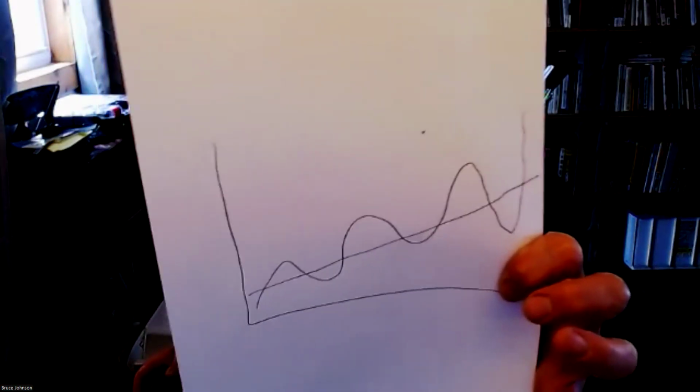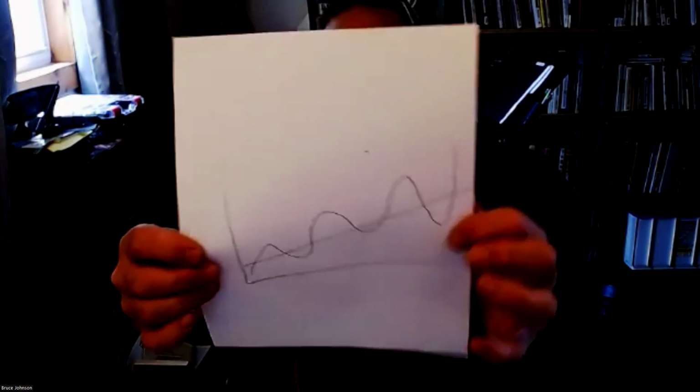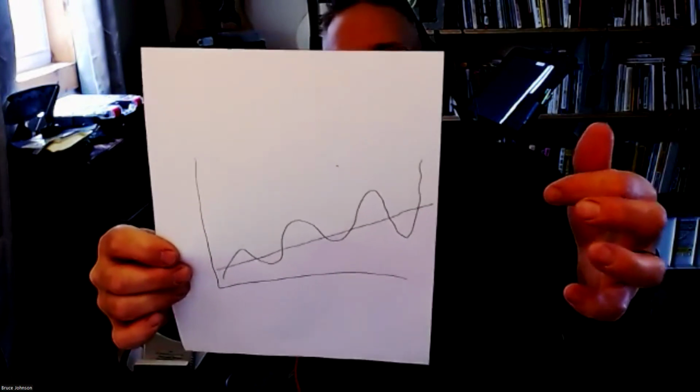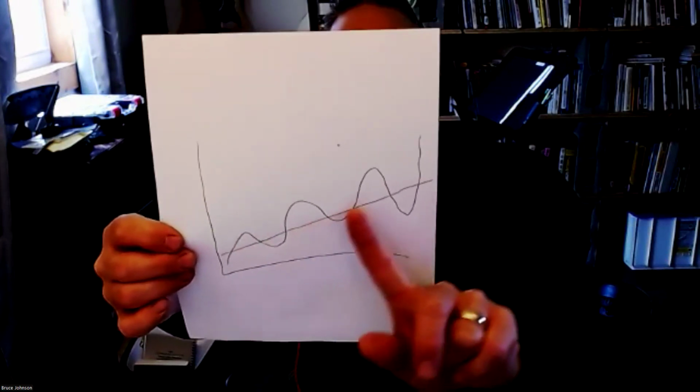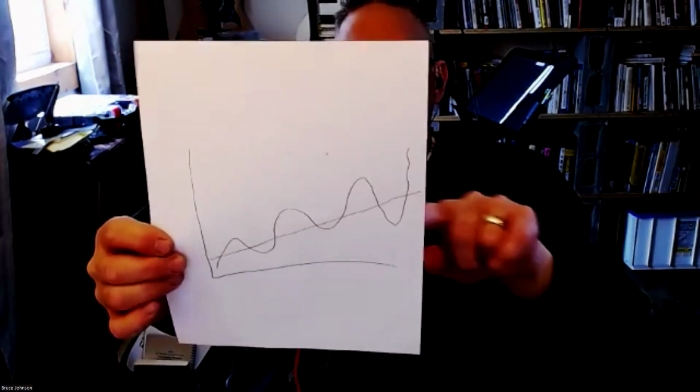So you have two lines there. One of them is a straight line. If you were trying to predict what was going to happen next on that straight line, it would be very easy. You would just extend the line. But for the curvy one, you have a deviation, a standard deviation. The higher that is, the less likely you're going to be able to predict what's going to happen next. That is risk. The more that fluctuates, the higher the risk because of the inability to predict what's going to happen next.